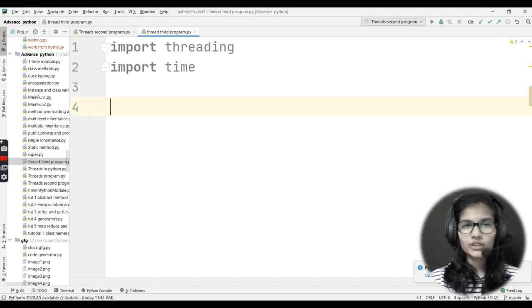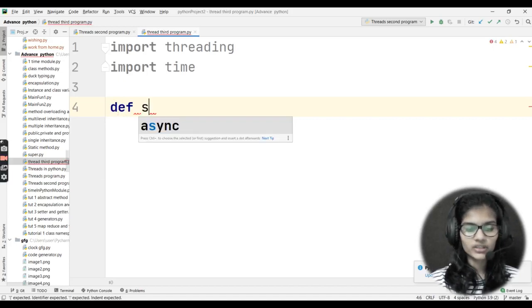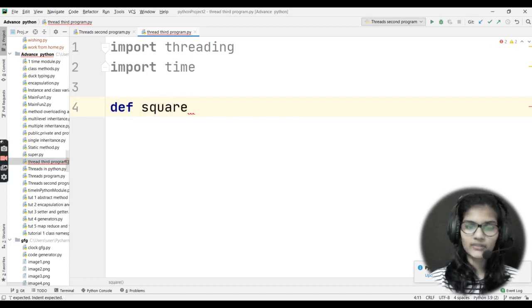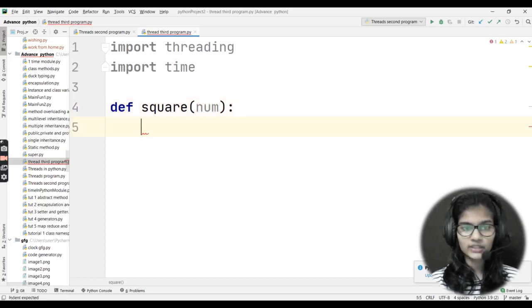Now, in the previous video, we had seen how you can use the classes and objects here. Today we'll be seeing how you can make it with the help of only functions, without using the classes and objects. So let me write that. Here I'll be defining a function. Let's say my function is square, which I have just taken, and inside the bracket I'll be passing a num here. So def square, and in the bracket I have passed the num.